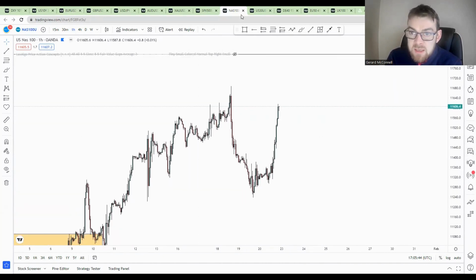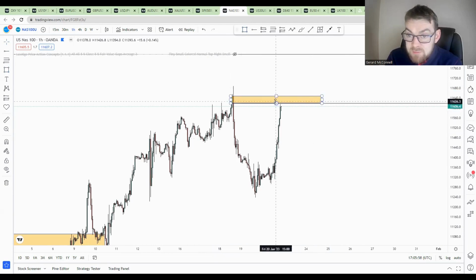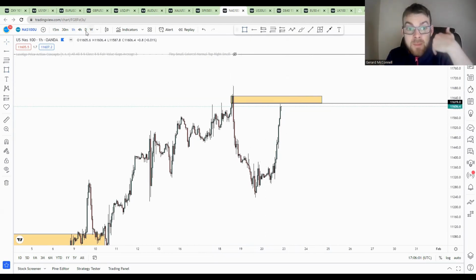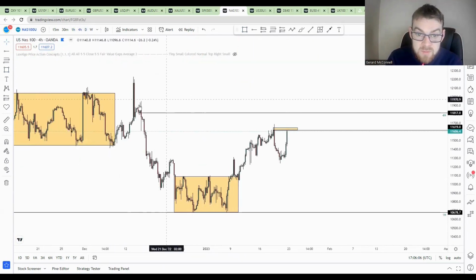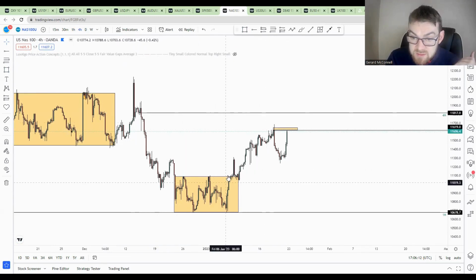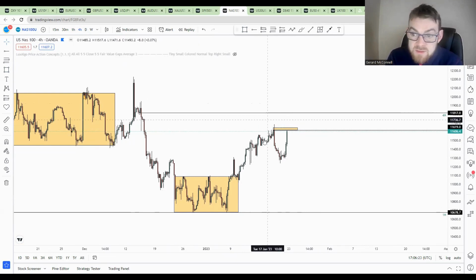Now, price action is making its way back up into this local area from where we sold off on Wednesday. Really, this is going to be the key to see how the markets react in this region. Do we break through this region between 11,620 and 11,650 and continue progressing higher? If we do, then this higher time frame area of liquidity on the 4 hour, or even potentially on the daily, up here between 11,800 and 11,850 becomes probably the next focal point, because this is bullish order flow, a short-term break, creating a more sustainable higher low within this impulse, and then looking to continue moving higher. So as I said, 600 to 650 is going to be important on Monday.